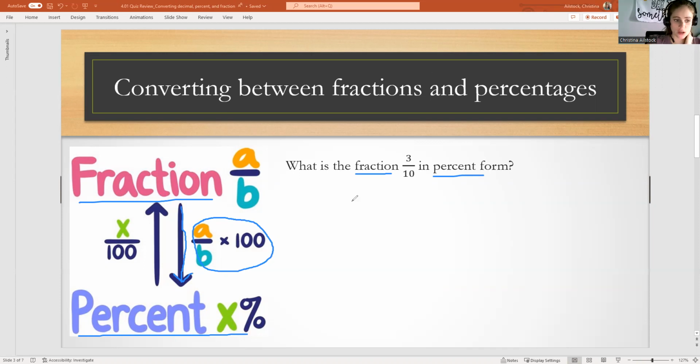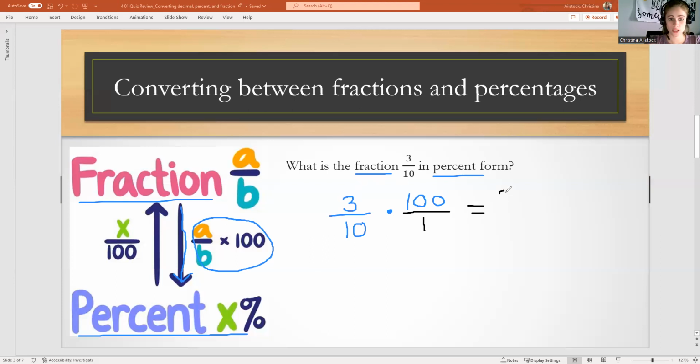We'll take our fraction 3/10, and we are going to multiply that by 100, and it will convert it to a percentage. We have a fraction times a whole number. Both of them need to be fractions. How can we rewrite 100 as a fraction? We can put it over 1. Remember, any number can be rewritten as a fraction by putting it over 1. Then we need to multiply our fractions. When we multiply fractions, we just go straight across. So numerator times numerator,